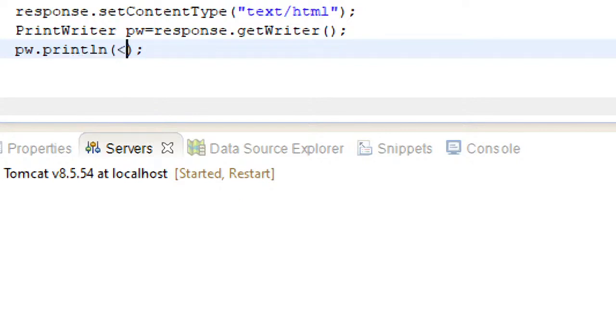What is it? H1. Okay, again double quotes missing, and here simple welcome. Let's just stop it there, and then close this h1 tag.